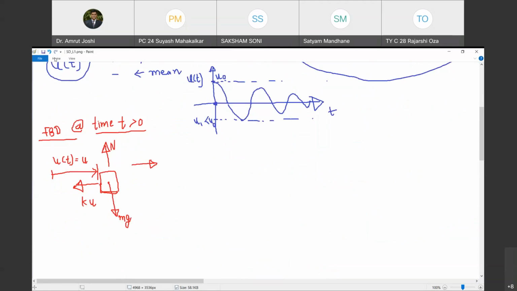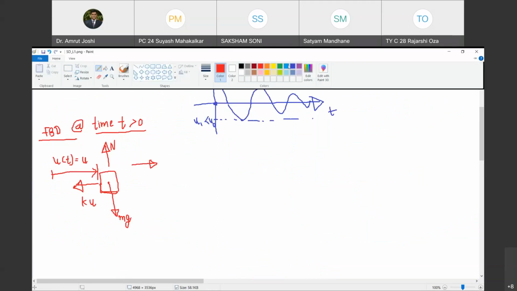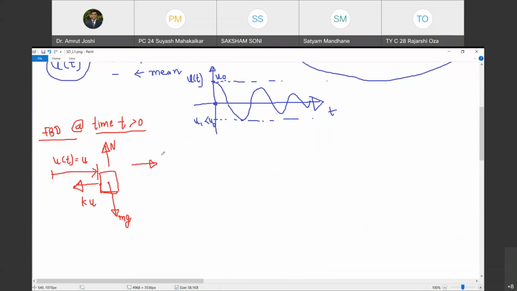If at the end of analysis I get a negative sign, that means the originally assumed sense of the acceleration was incorrect. You always do this, just like in applied mechanics you assumed the senses of reactions, and at the end if you got the negative sign, you would say that the originally assumed sign is incorrect. Do you agree with me? Yes, sir. We are going to do the same here.